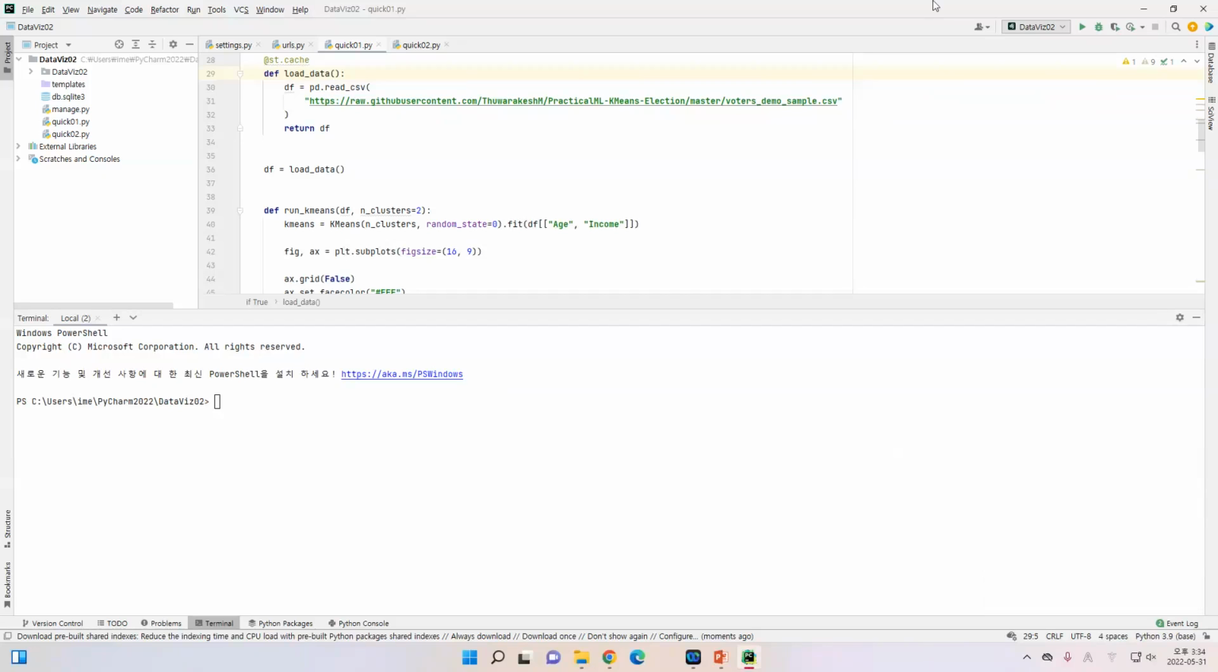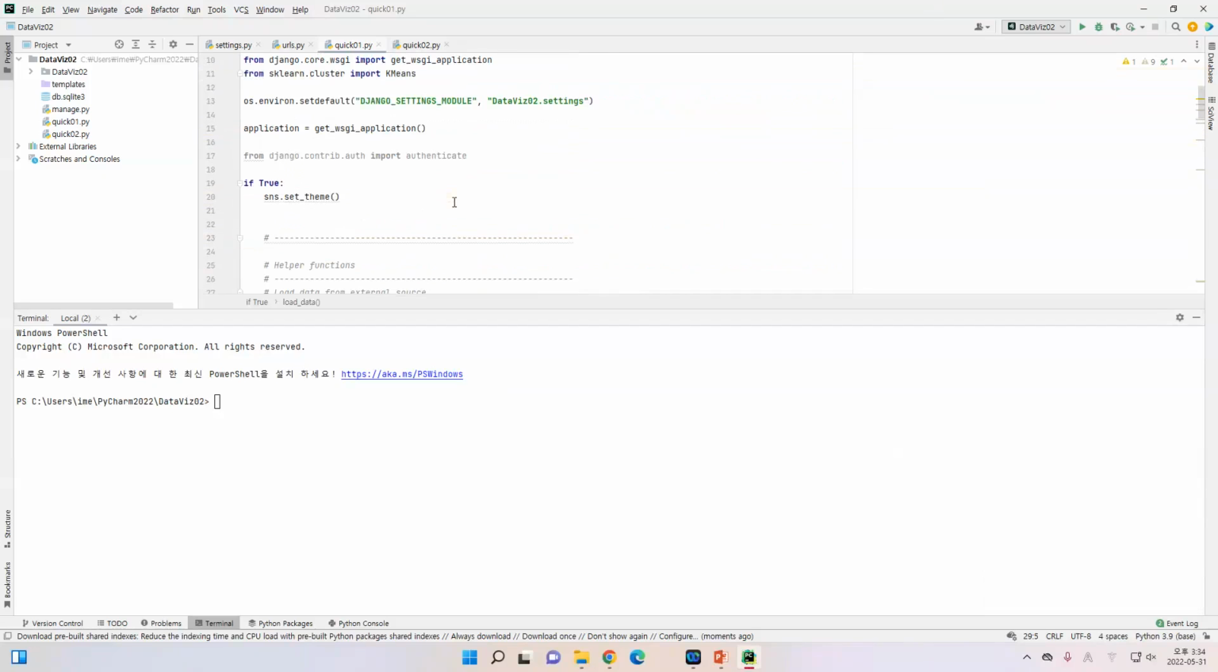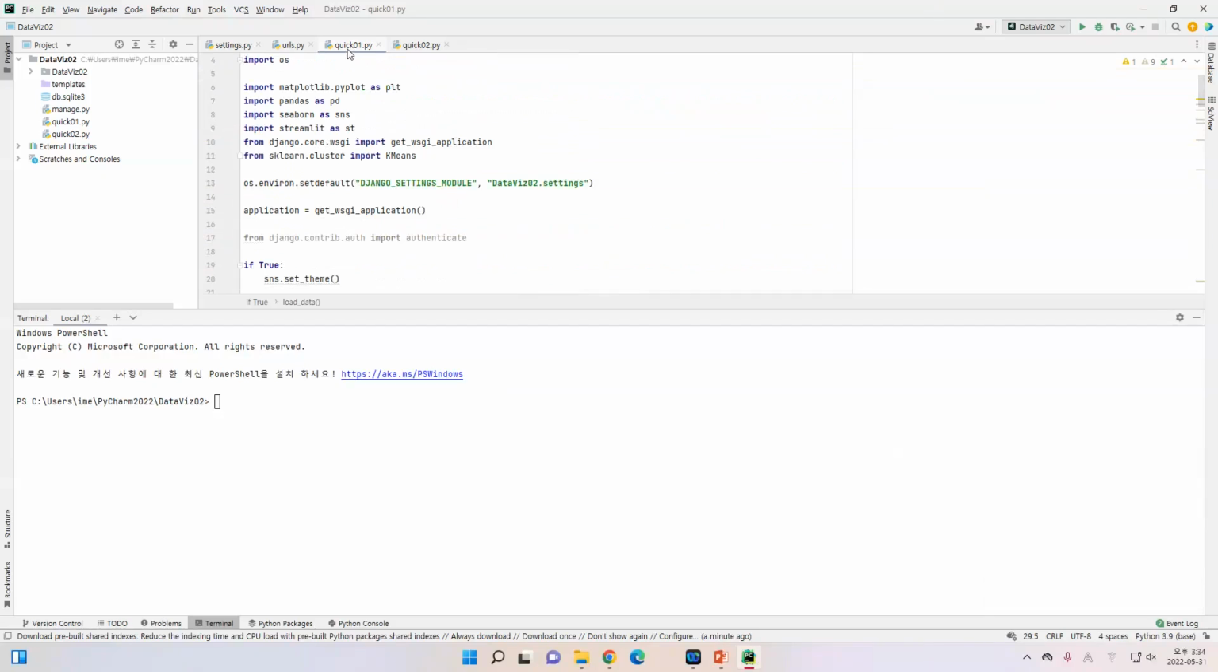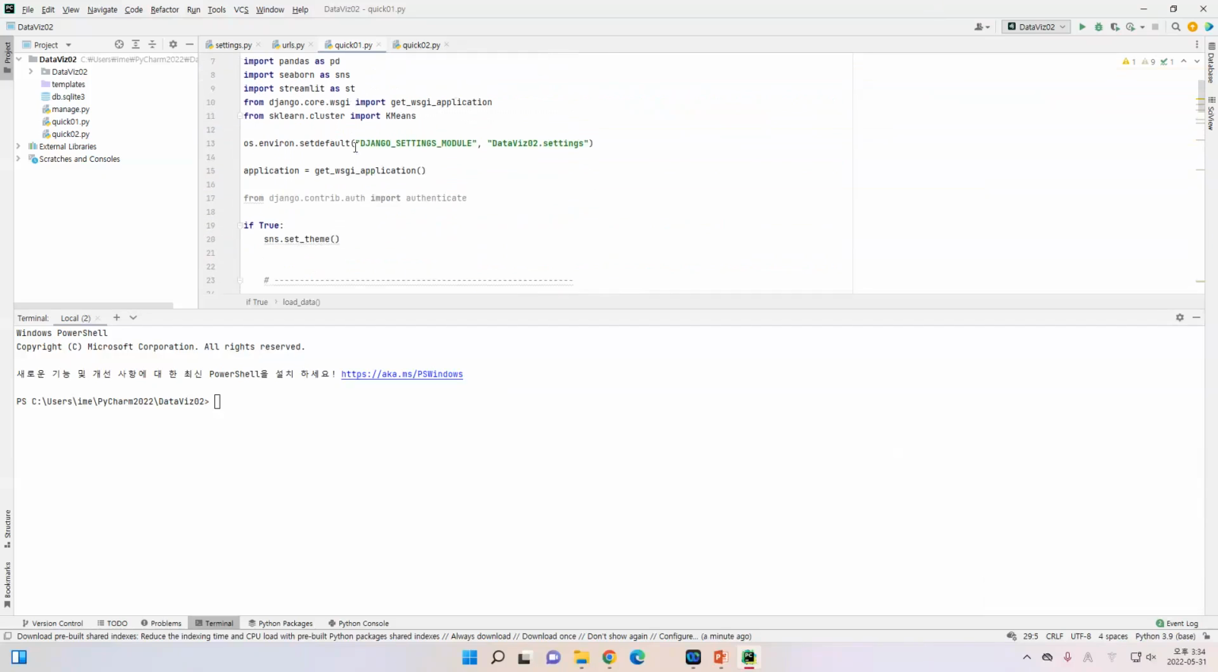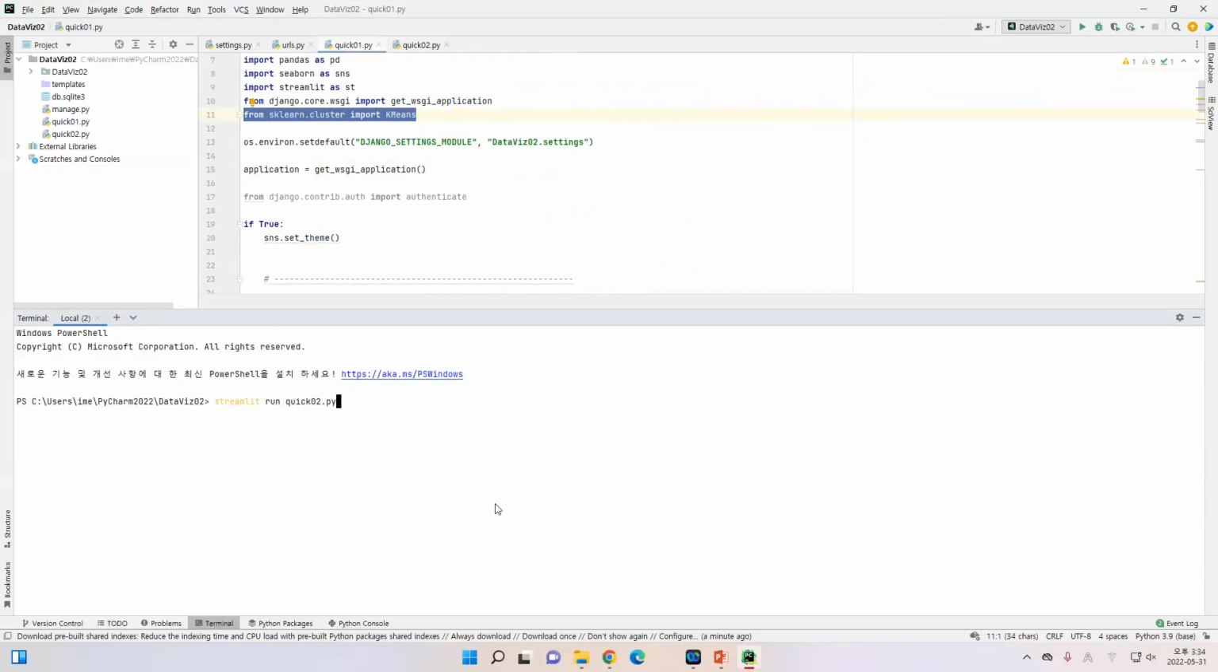Yesterday we already learned about the quick 01. The quick 01 is the Python file to deal with the clustering with k-means, and we just want to show the k-means result on the web. So if I run this,